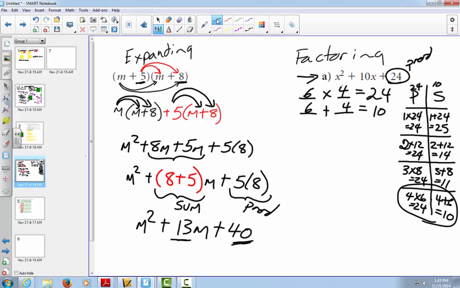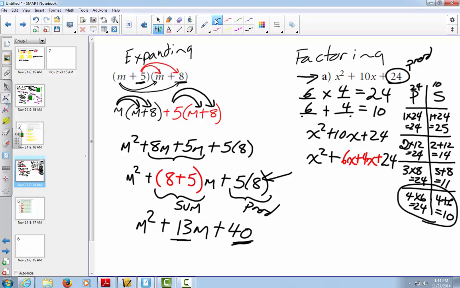The next step from that is to take 10. We're going to do the opposite of what we did over on this side. We ended up with 13, and we started with 8 plus 5. Now we're going to start with 10 and change it to 6 plus 4. So I have x squared plus 6x plus 4x plus